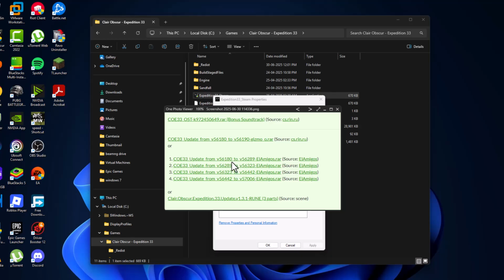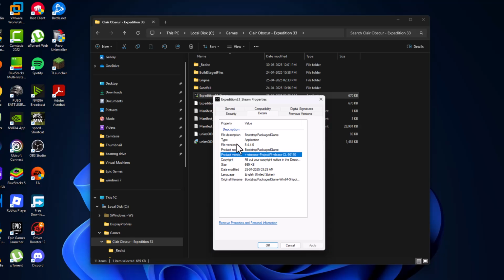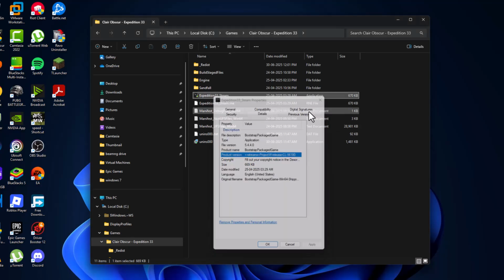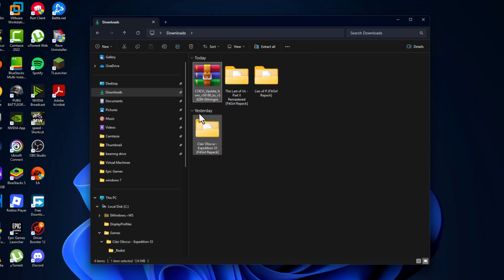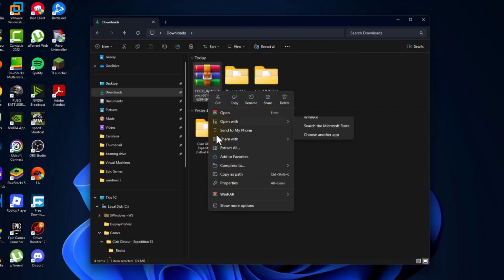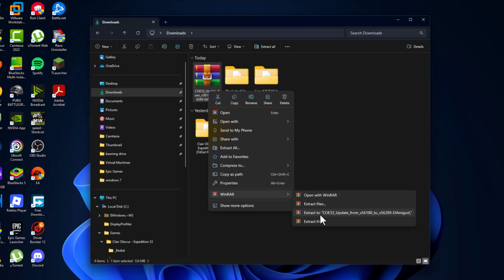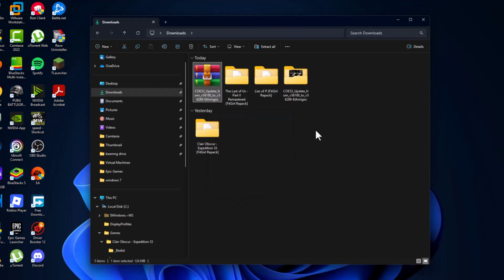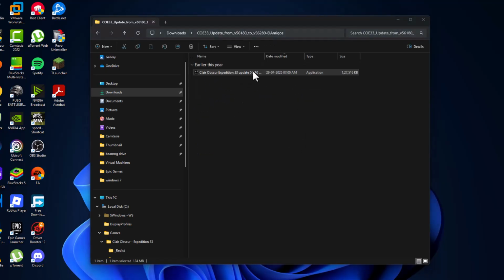So the first update I have is 56289. We are going to update it, and I'm just showing you guys the current version. Go to downloads, and here is the update I have. Just right click, select WinRAR, and select extract to. After the extraction is done, double click on the extracted folder, double click on the application,